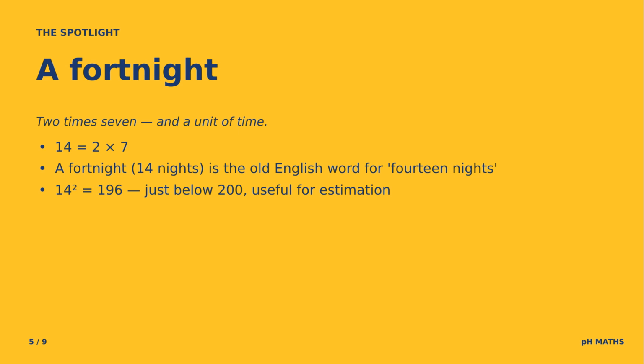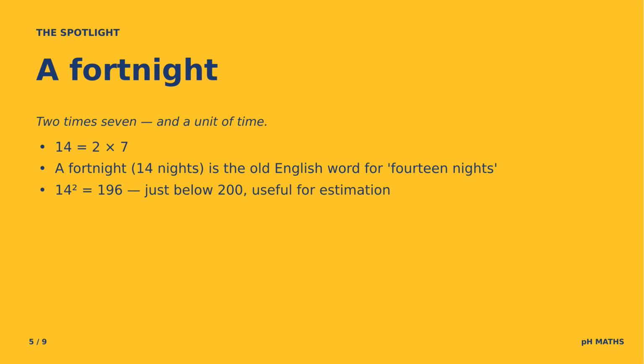A fortnight. 14 equals 2 times 7, which is why 14 is one of the cleanest 2-prime products you can build. The smallest prime times the fourth prime. And fortnight, from the Old English "fēowertīene niht", meaning 14 nights, is the British word for 2 weeks. Pay fortnightly, fortnightly bills, fortnightly publications, comes up in financial maths and in data questions where time periods are spaced